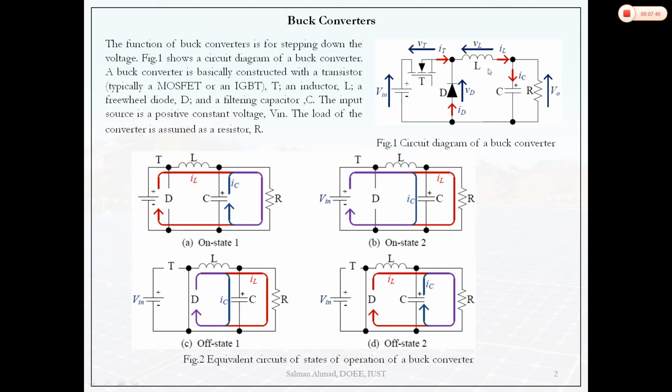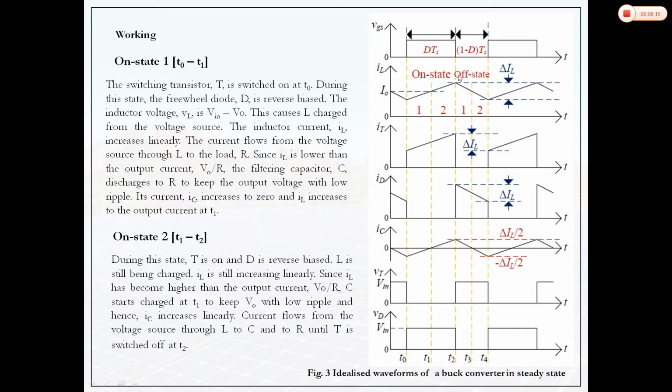So a negative voltage will appear across this inductor. Again, if you want to calculate the current, IL will be 1 upon L integration V dt. Here V is VL, which is minus VO. So the current will be 1 upon L times minus VO times T. You will find that the slope is now minus VO upon L, that is a negative slope. So the current will start falling linearly with time. So in the off state it is falling linearly. From this point to this point we have the on state time, that is DTS. From here to here we have the off state time, that is 1 minus D times TS.